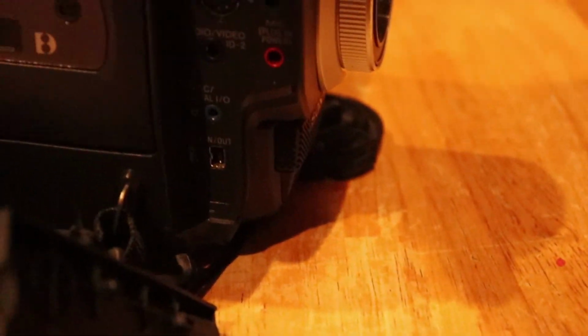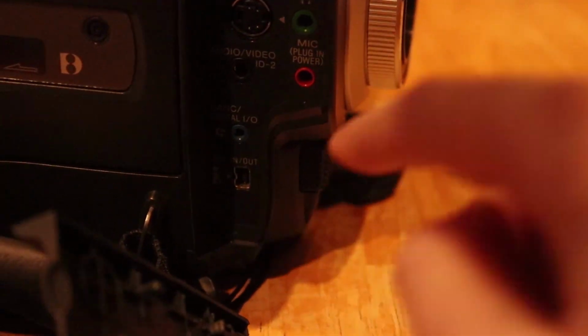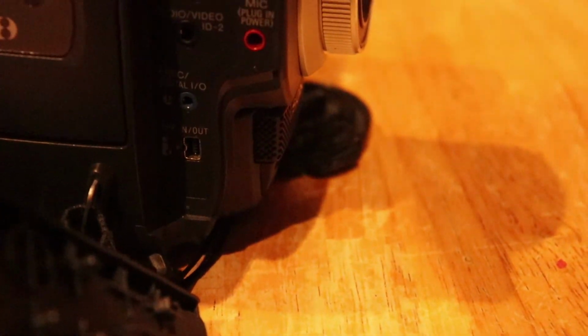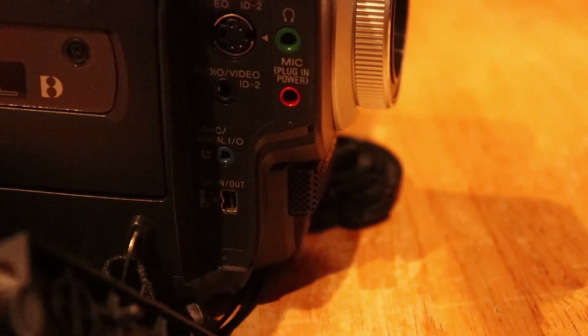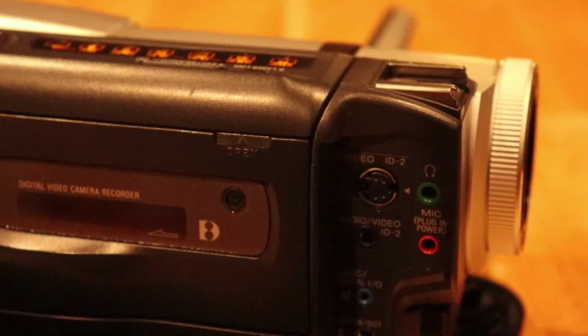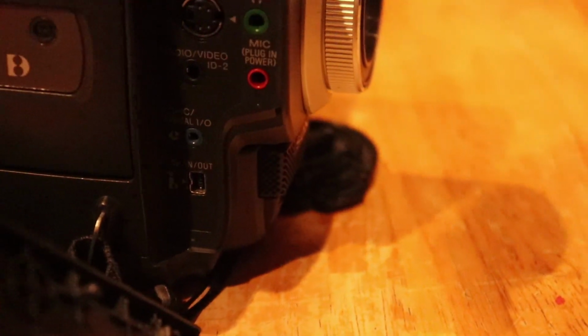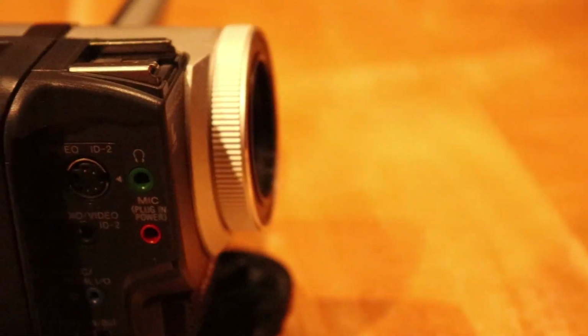If you look down here, there's a DV in and out. Let me see if I can point at it. This little guy. And you can actually plug this into any sort of FireWire computer. Now, if you don't know what FireWire is, it's a very old method. I mean, it was before USB. And what you can do is stream video over FireWire onto your computer,